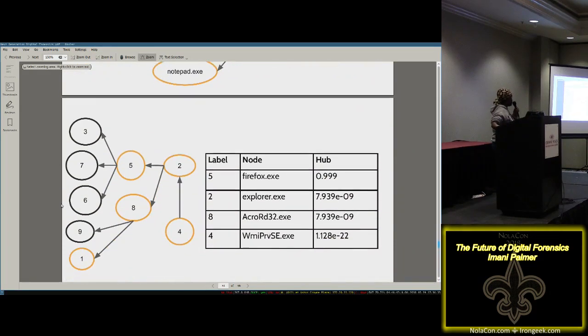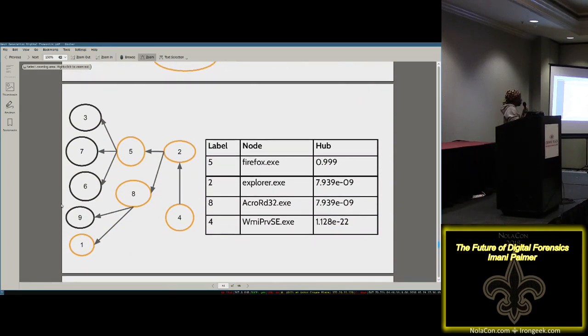And then I run a fancy algorithm. It's called PageRank. I just stole it from the guy who created PageRank. If you don't know PageRank, Google PageRank, done. That's all it is, really. And I find, like, what nodes will we tell an examiner to look at? Well, hey, Firefox.exe actually has a really high, oh, sorry, wrong algorithm.